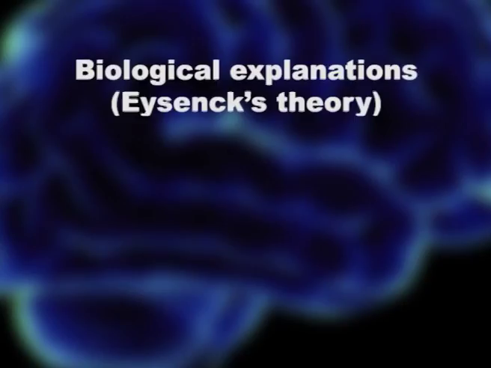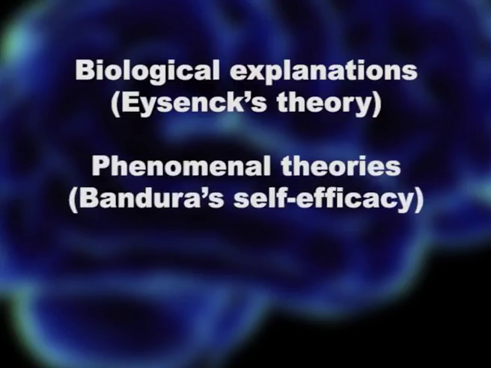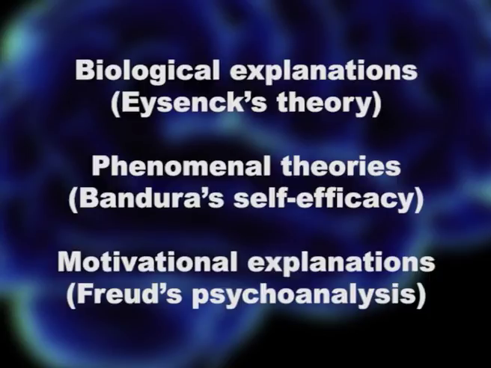Cook, in 1993, suggests that there are three roots: biological explanations, as in Eysenck's theory; phenomenal theories, as in Bandura's self-efficacy; and motivational explanations,